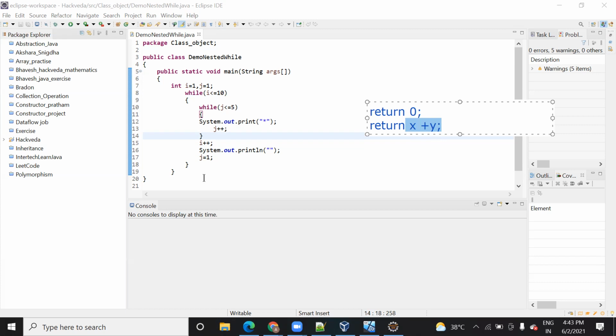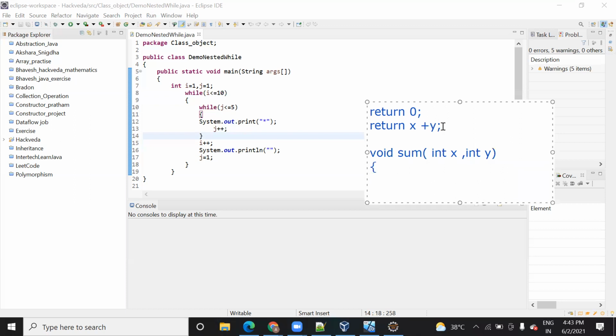Right? In C language, yeah, I do. So suppose we usually declare a method like this, right? In C language, you might have seen we declare it like this, int x, int y, and we provide a body, and we call it like this, sum, and we pass the values 4, 5, right? So this is function calling.